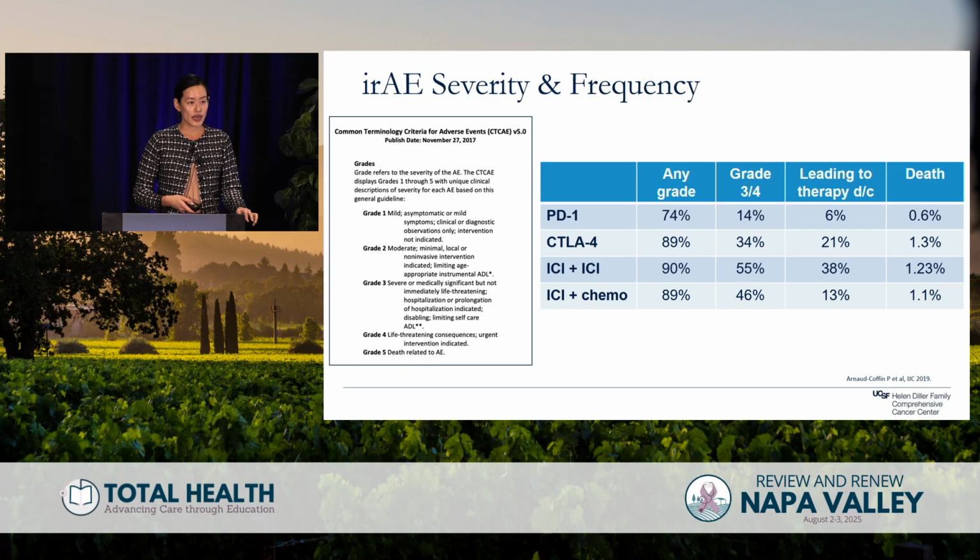I'll point out the relevant things here, which are that with PD-1 monotherapy, a serious or grade 3 to 4 IRAE is not very common, approaching 15%, but when we start to combine immunotherapies, or immunotherapies with other categories of drugs such as chemo, that pushes it up to closer to 50% or even over 50%. Also sobering and important to realize is that the risk of death is present. The numbers are thankfully small, less than or about 0.5% with PD-1 monotherapy, just over 1% with anti-CTLA-4 or other ICI combinations.